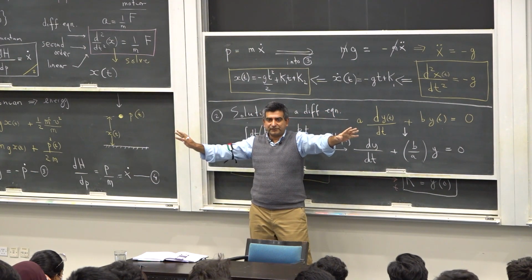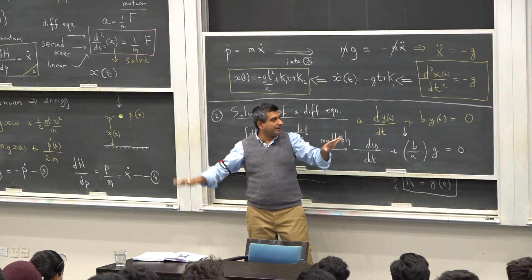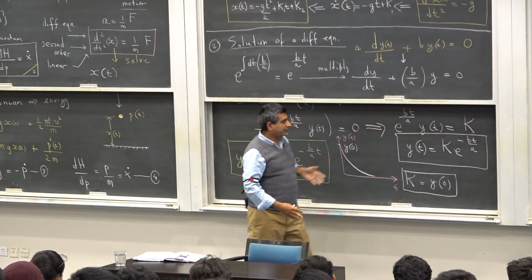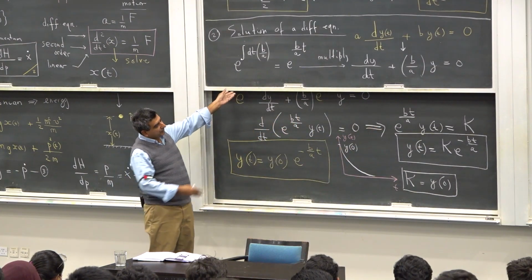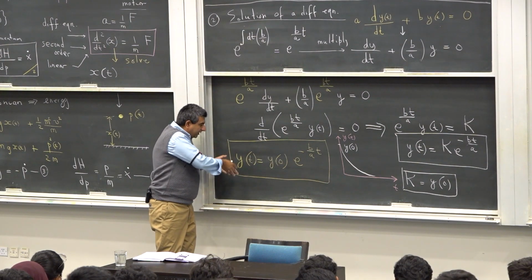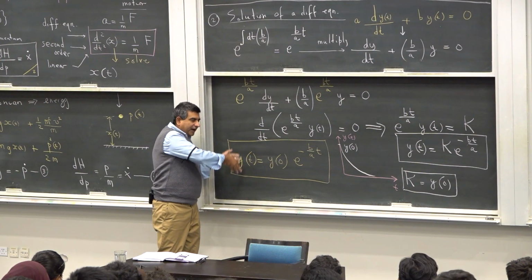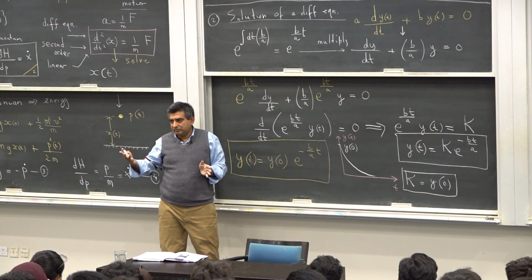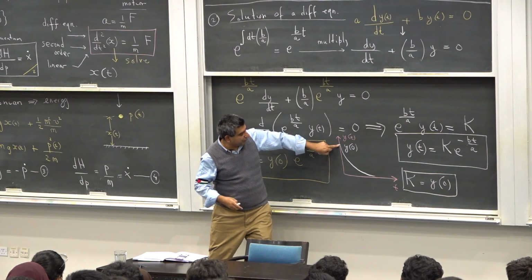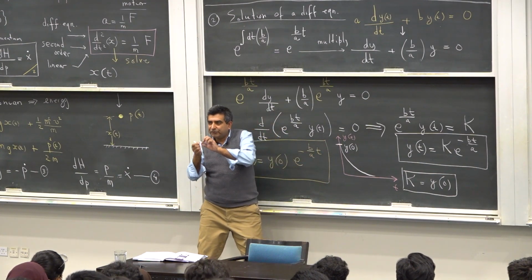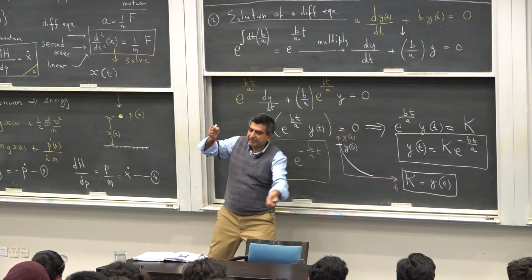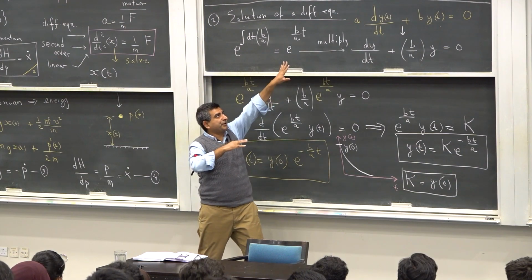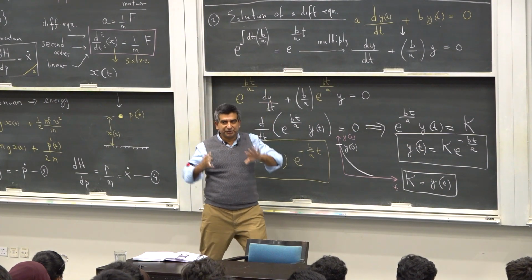If a and b are constants, they don't change with time, and you have an equation of this kind, all such equations will render a solution of this general form. The variable that you're interested in varies with time, and how does it vary? You look at what the variable was at time equals 0. That's this point over here, and then you see how it changes with time, and it exponentially decays. This is what this differential equation yields.